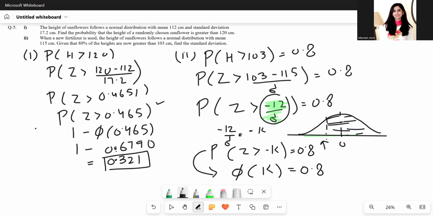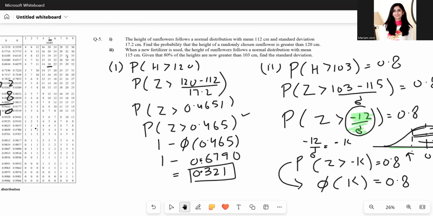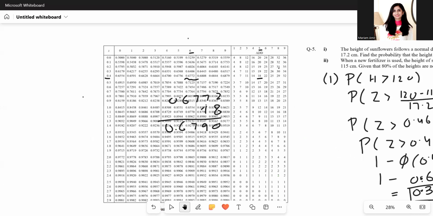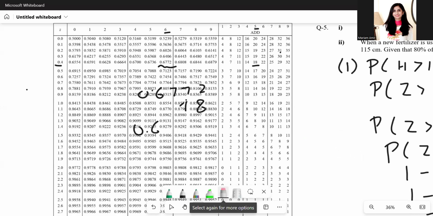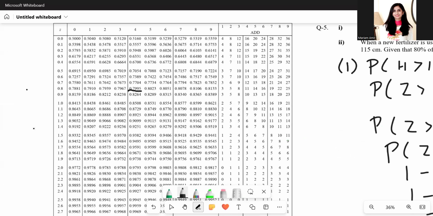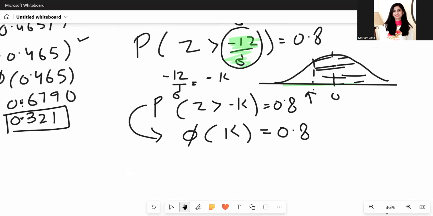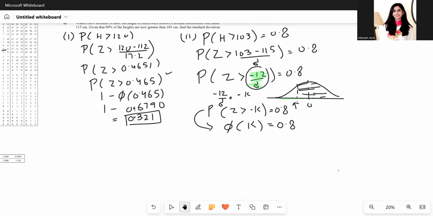Now we're going to go to the table and read the z-score corresponding to 0.8. So we don't have 0.8 exactly, but if we add 5 to this, we can get 0.8. So the z-score is 0.842. So k equals 0.842,